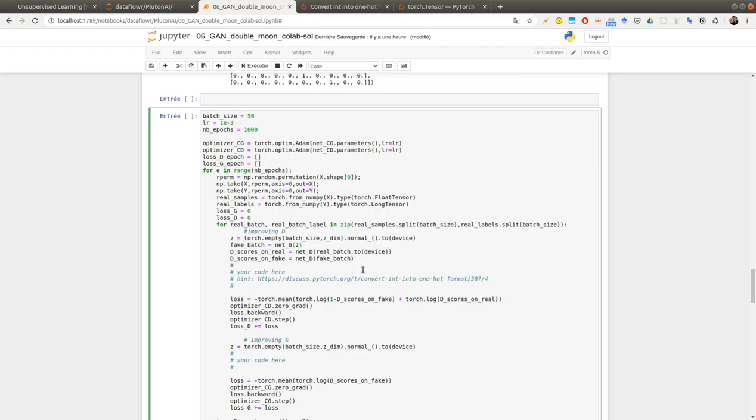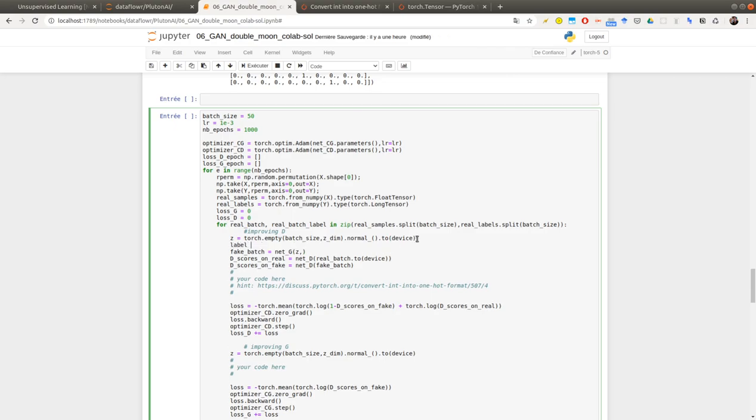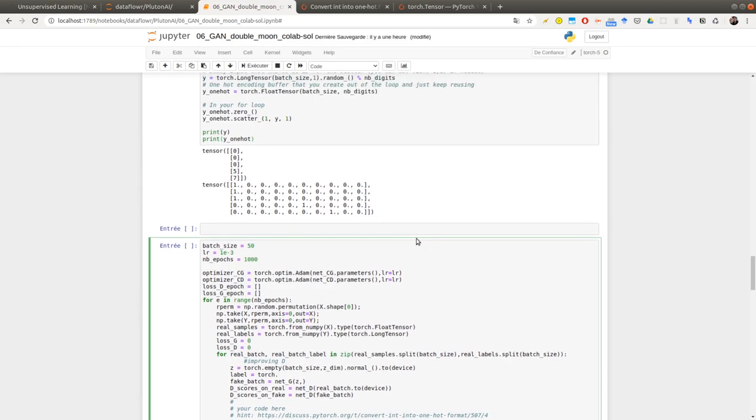But now, here I will need to add labels. Okay, so let's start with labels. I'm reproducing exactly this line from the top here.